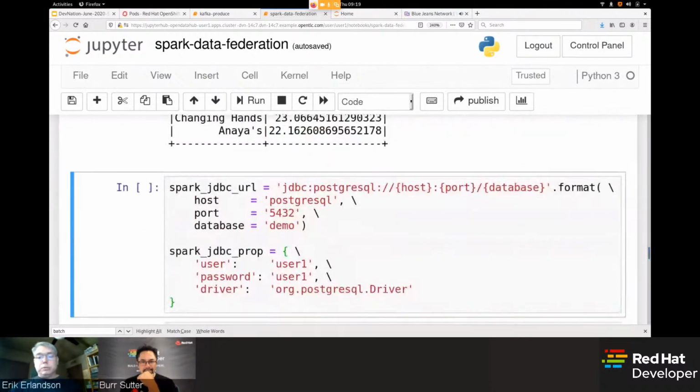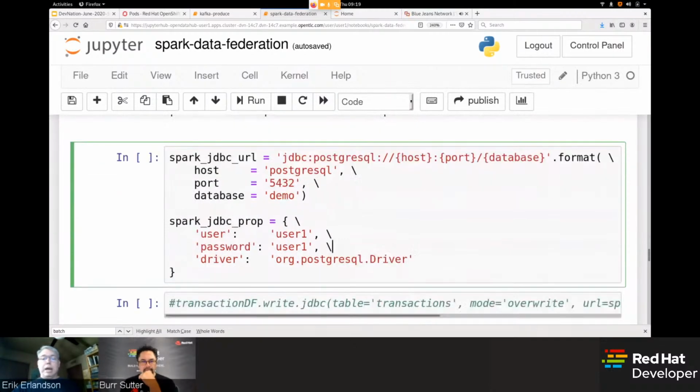So now suppose we didn't want to attach just to a flat CSV file. Suppose we wanted to run exactly the same computation but retarget it towards a SQL database. Spark can attach to essentially any SQL database that provides a driver. So in this case, I've spun up a Postgres pod inside my namespace over on OpenShift, and I'll be using the Postgres driver.